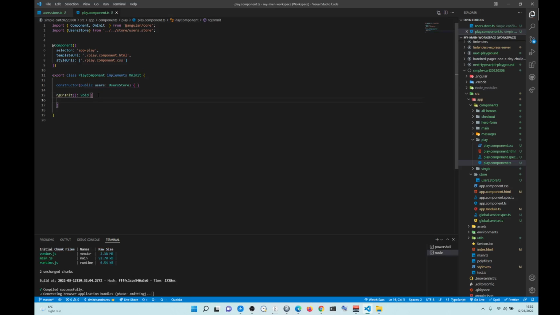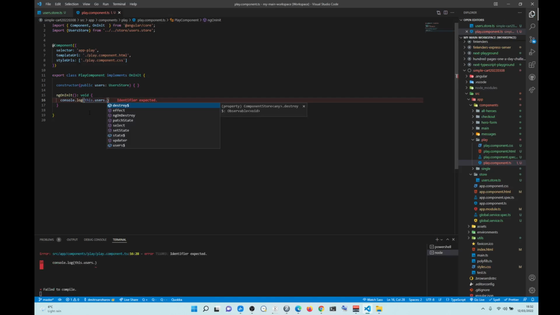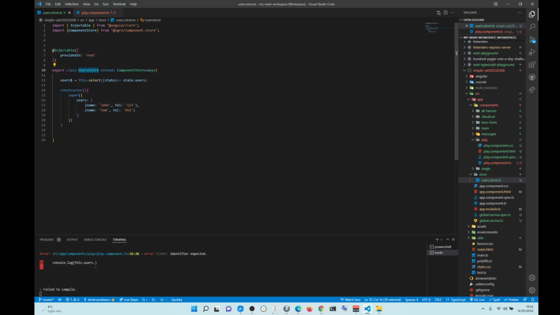So to access this state, let's console log it. This.users dot, and let's look at this one here. You see, so we're trying to access this thing in here. Now, basically, this is now a service when you think about it, right? The only difference is that you're putting stuff in here, and that's where your state lives, right? Other than that, it's just